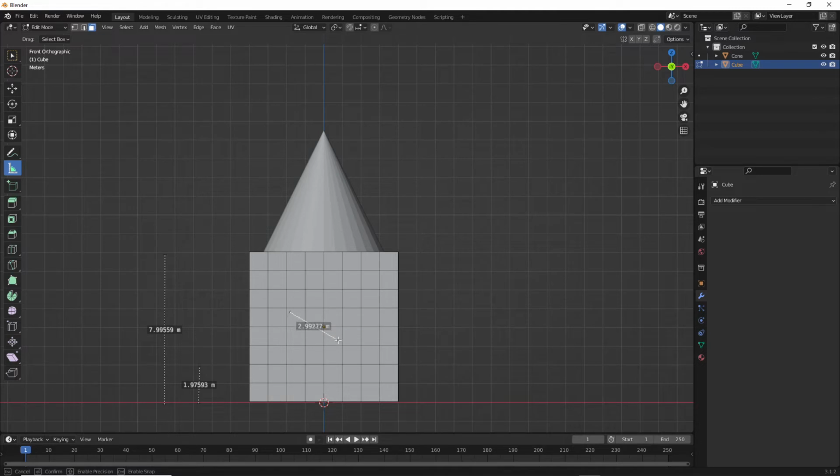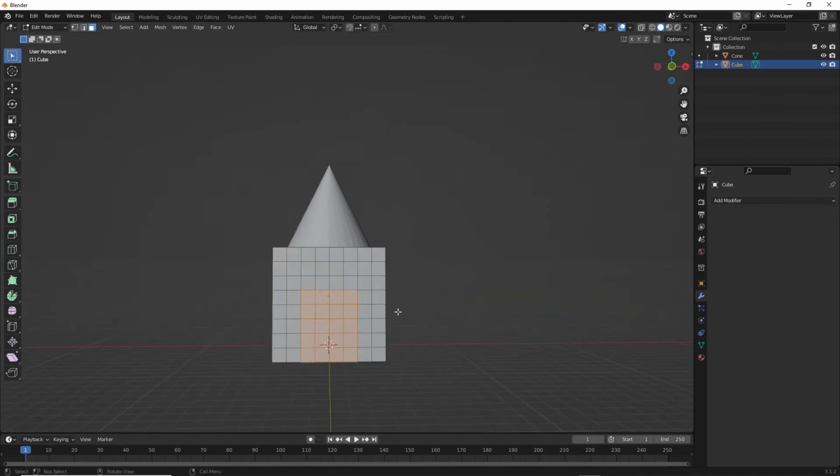I said I make a, oops, that's wrong, Control Z. I have to go here to select mode, and then now I select the faces which I want, and I think these faces are the door faces which I want. First of all, I have to change to face mode, of course, and now select again. All right, now I have the faces which I want, and it will be a very big door,